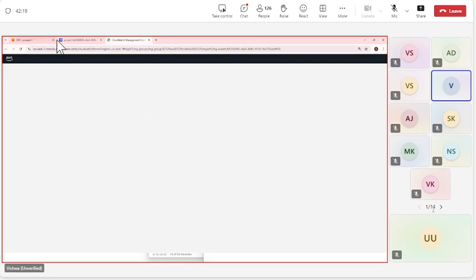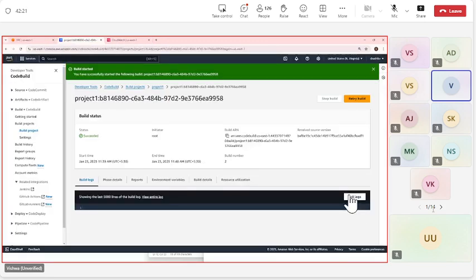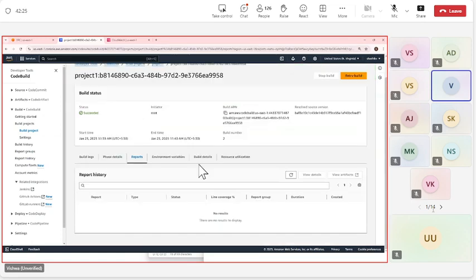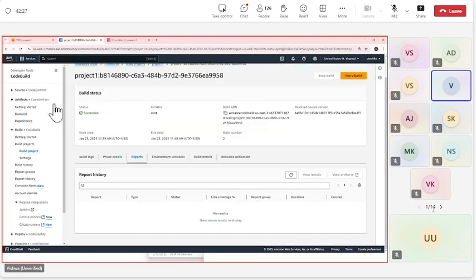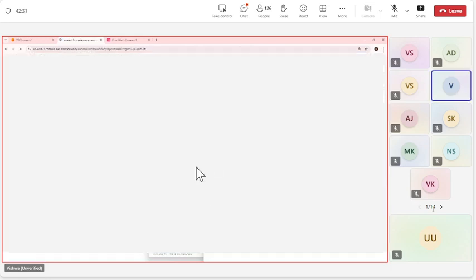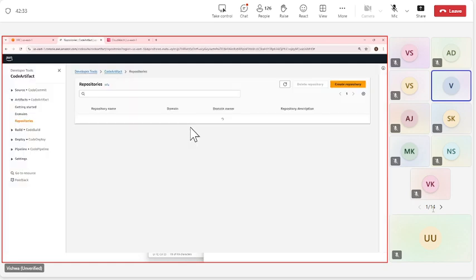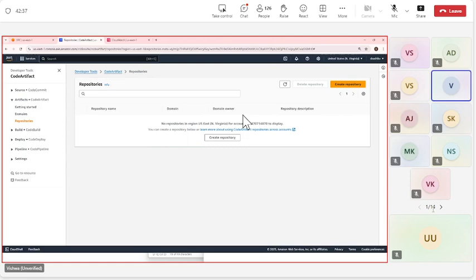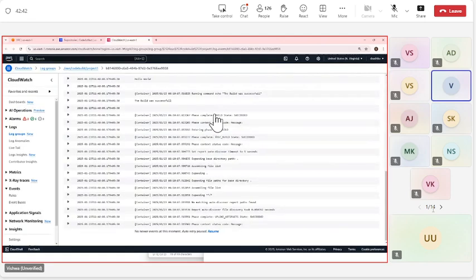It did create whatever is required, and it also would have created an artifact, if I'm not wrong. Because we did say that, okay, it might have pushed it to the S3 bucket because we don't have a code artifact. It might have pushed it to the S3 bucket. So build phase was successful. Where is that?